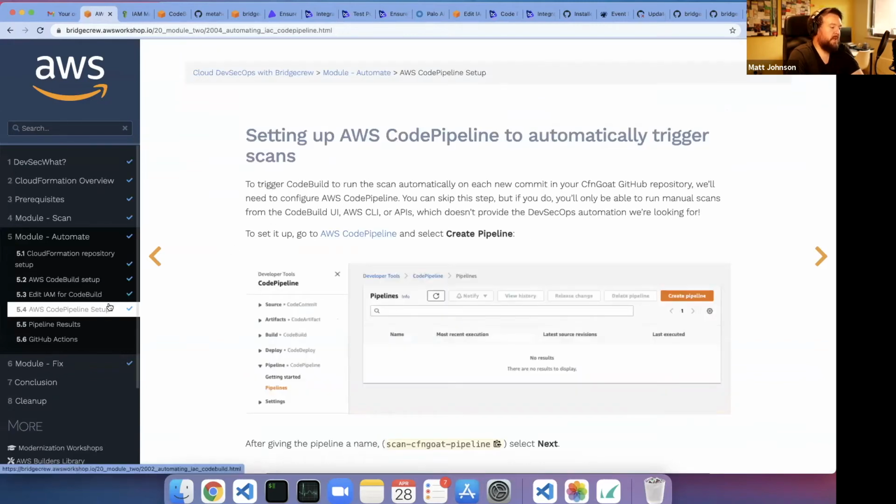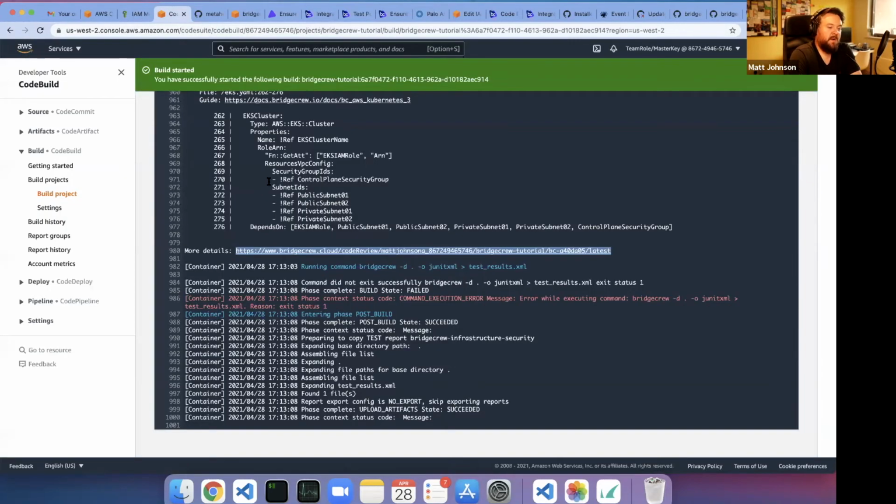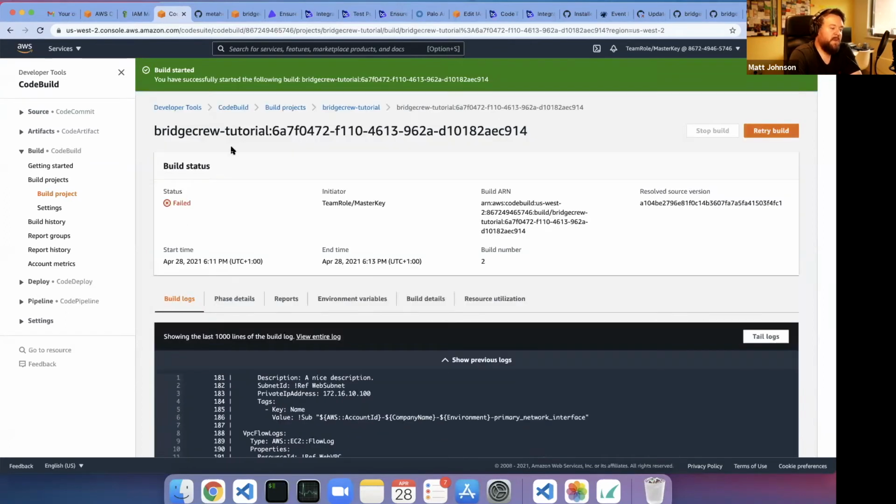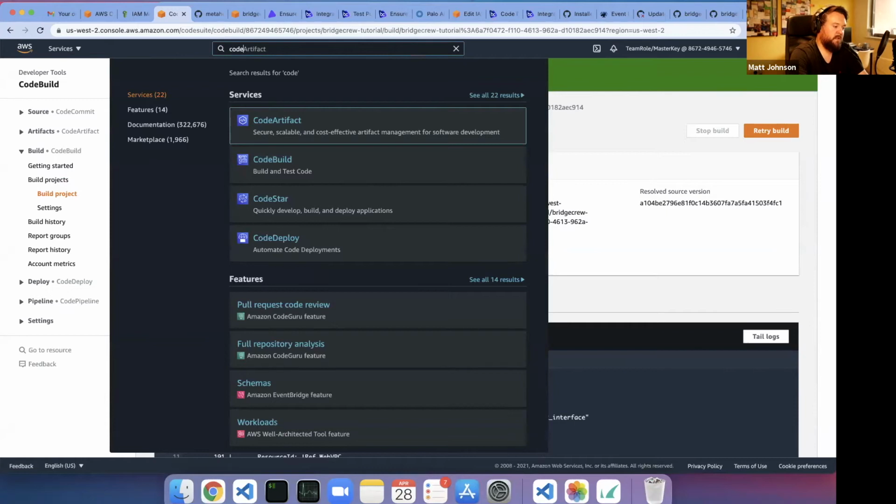So the next piece is, it's all well and good, but if I'm clicking that little run button every time I want to scan, I might as well be running the Checkov command manually. The way that AWS CodeBuild works is you use CodePipeline to basically trigger on events. So what we can now do is create a CodePipeline instance